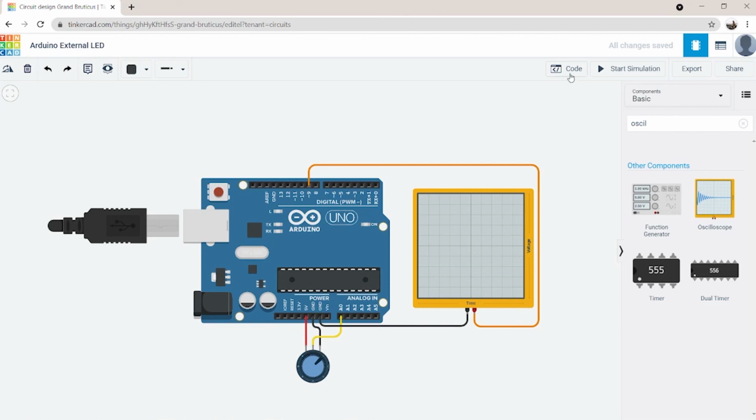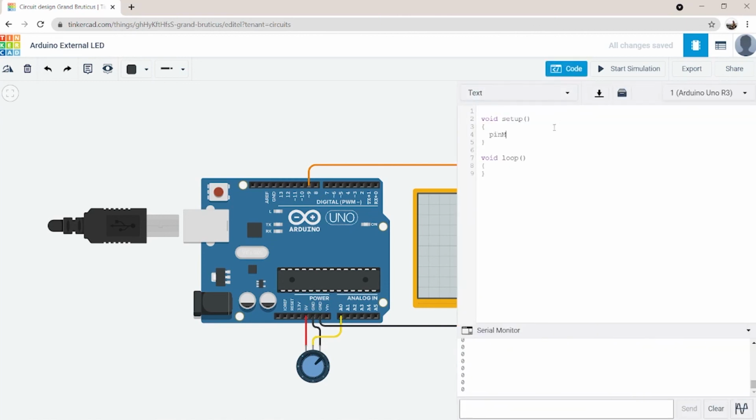In the setup method, I will set pin A0 as input and pin 9 as output. In the loop method, I will read the value of pin A0, map it to the 8-bit value range, and then write the updated value to pin number 9 using the analogWrite function.